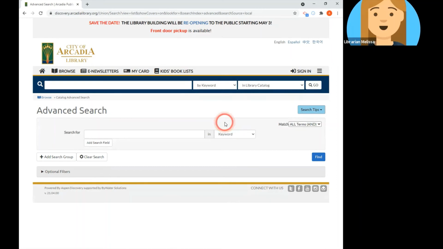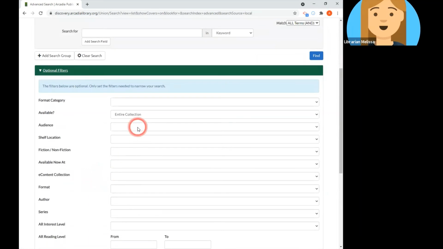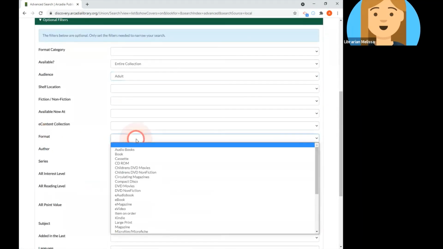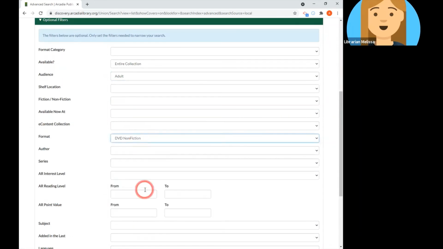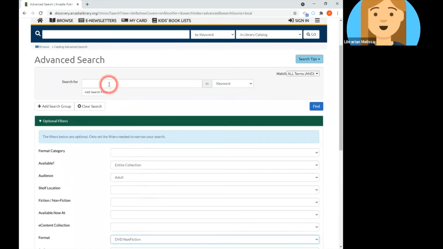Now, the search for television shows requires a little inside knowledge that you're getting by watching this video. But first, we're going to go ahead and open the additional filters. We're going to select the audience of adult, and then we're going to come down here to format, and we're going to select DVD nonfiction. Finally, the inside knowledge that we need to add to this is we're going to go up to the top, and this time we're going to use this search field, and we're going to want to go ahead and type in